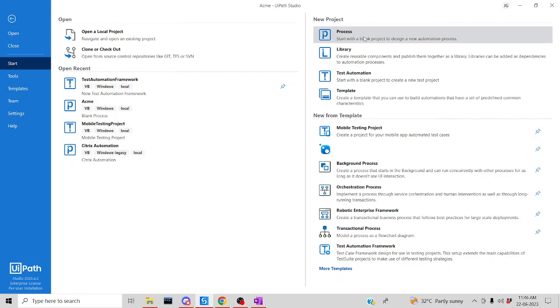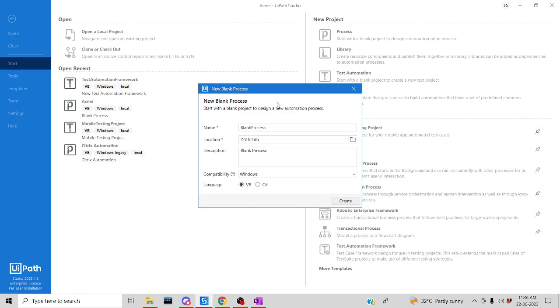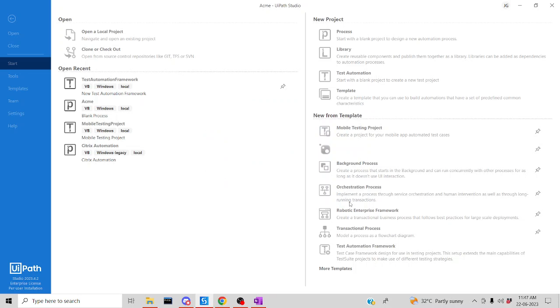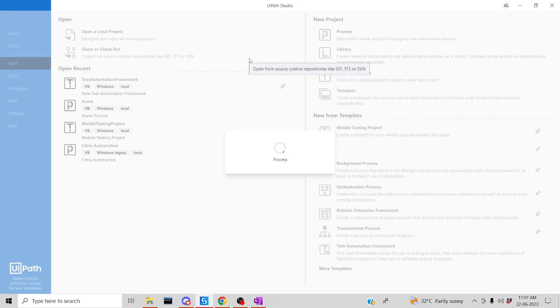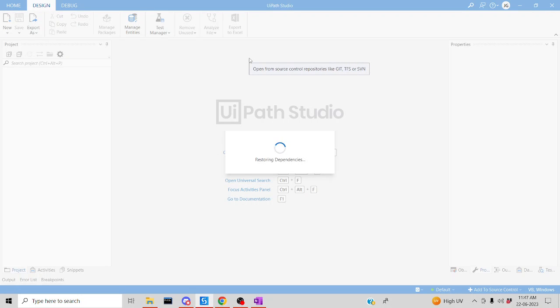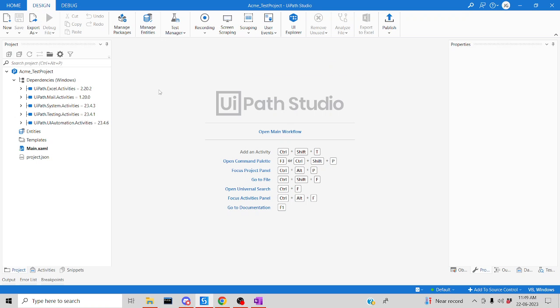So let me try to create a new project. Let me name it as Acme test project. Looks fine. Let me use the same description. Click on create. My project has been loaded now, so you can see by default I have got this